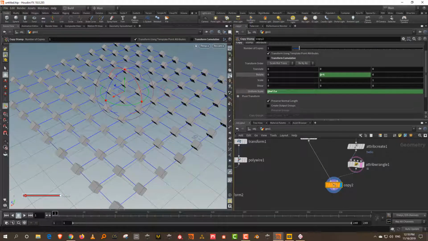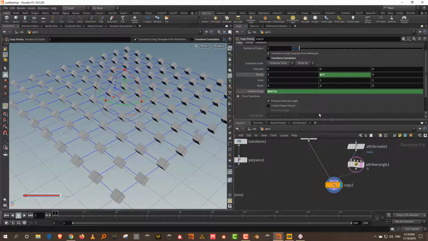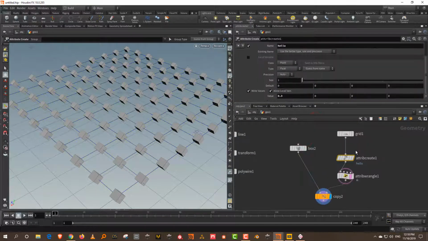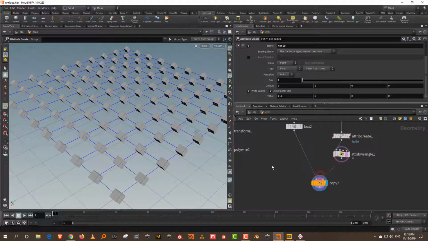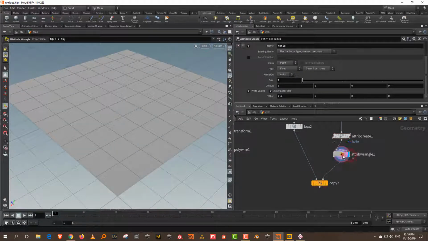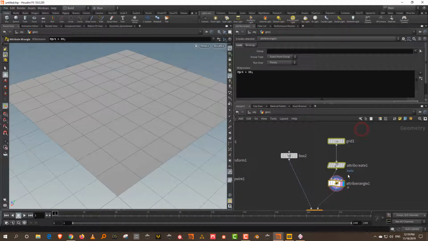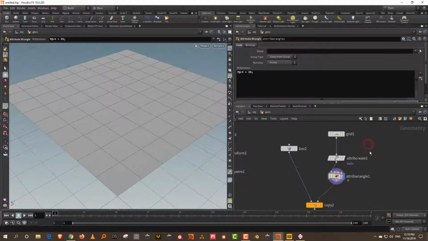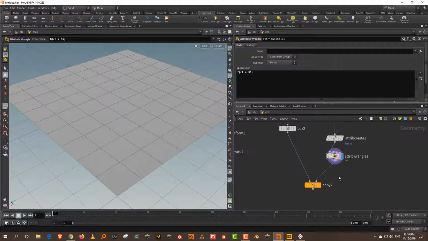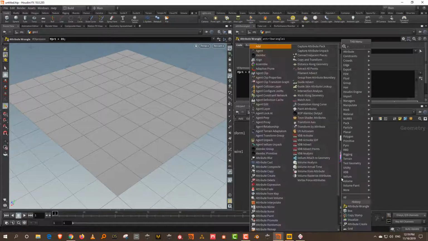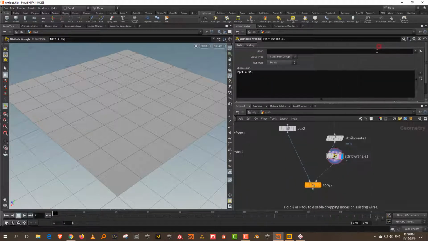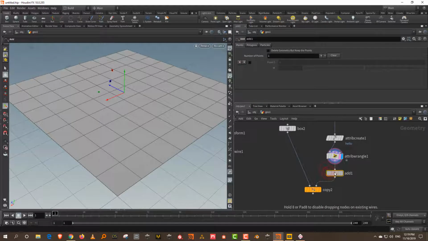Now the problem here is that the grid doesn't really rotate in the y-axis by default, because the grid has normals and it causes an issue. So one of the ways to repair this, and this is just a small trick, if you don't want to see your geometry, since it's spinning in the wrong direction, the simplest way is there is a node called Add. And what that will do is once the geometry disappears, the rotation sort of goes back to normal.